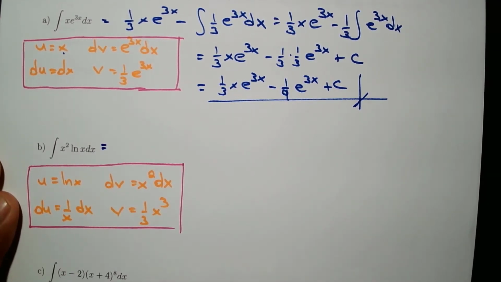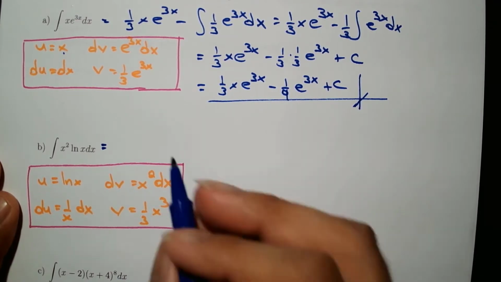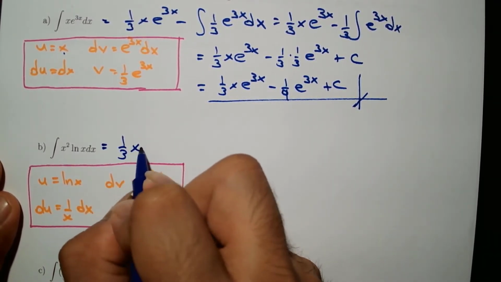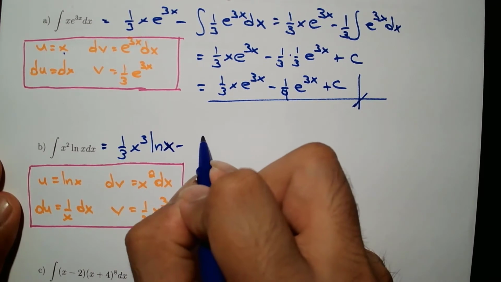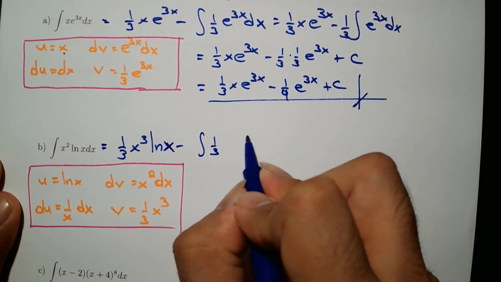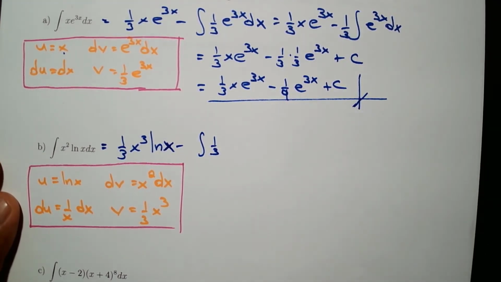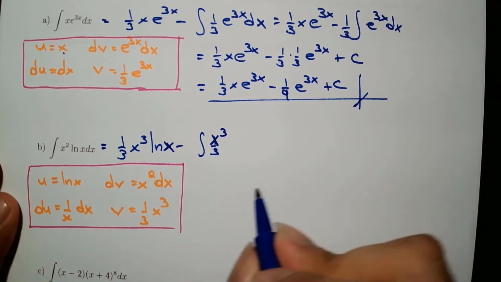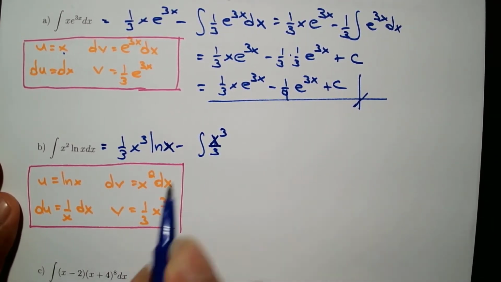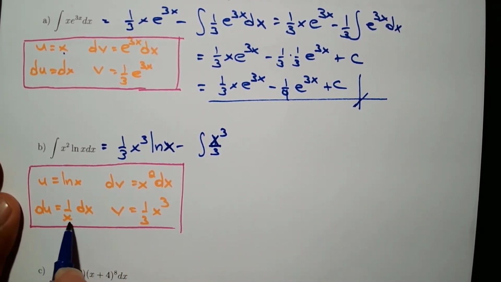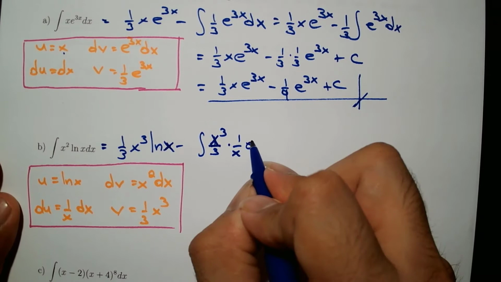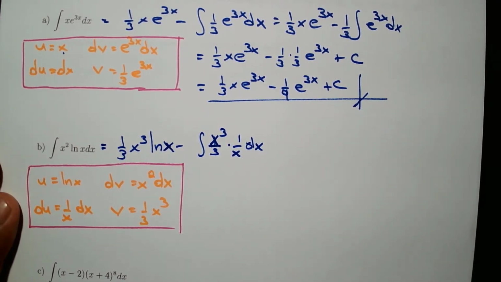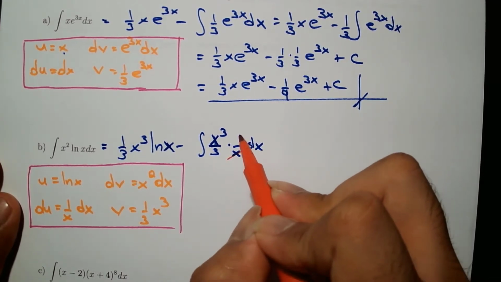Okay, so this is basically the setup. Now let's see. So we're going to multiply ln x times 1/3 x cubed, or rather we write the 1/3, the constant first, the algebraic, and then the logarithmic part. Alright, minus the integral of v, which is 1/3 of x cubed, which in this case I'm going to write as x cubed over 3 for one reason. You will see, it looks a little bit messy, but I'm going to fix that, times du, which is that whole factor. Alright, so the reason why I wrote it in this form is so we can see how we can cancel this x